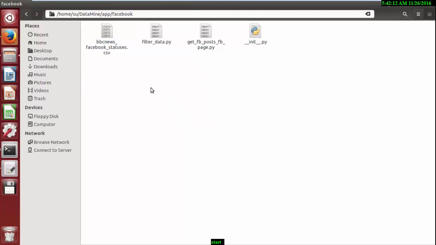I have already installed most of the Python libraries on my system, but whenever you do these things, you should create a virtual environment. I will tell you how to create a virtual environment on your system, so that every library is built in that virtual folder and you can transfer it to any system. Once your app is completed, you can place it on a server, and it will automatically start fetching data from Facebook or whatever is your requirement.